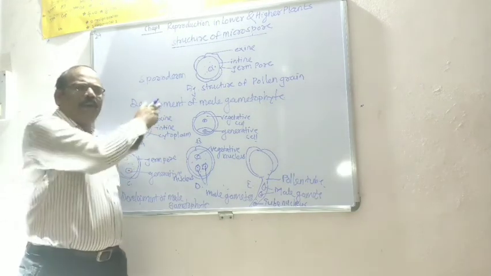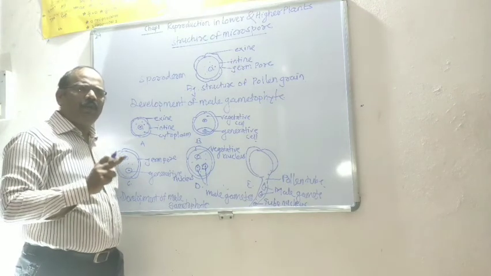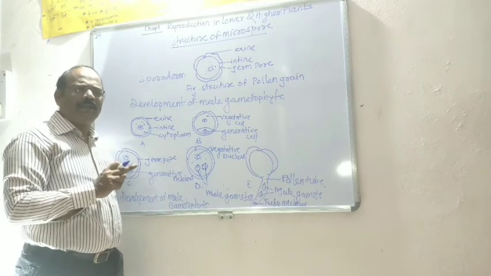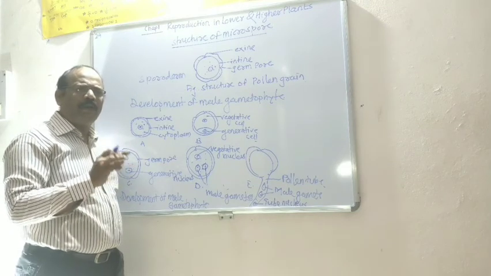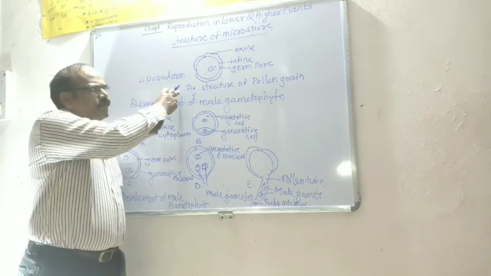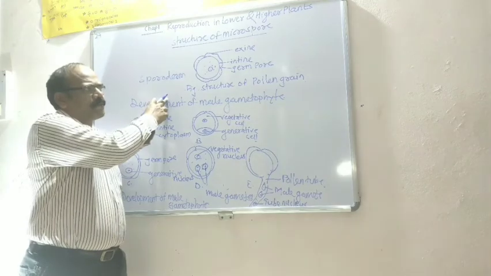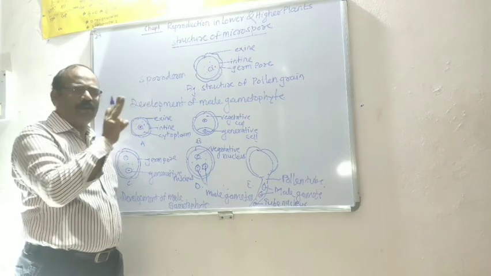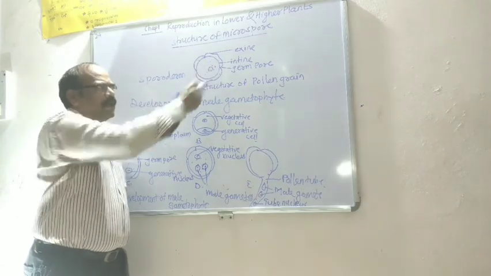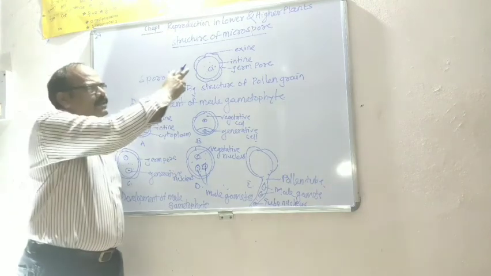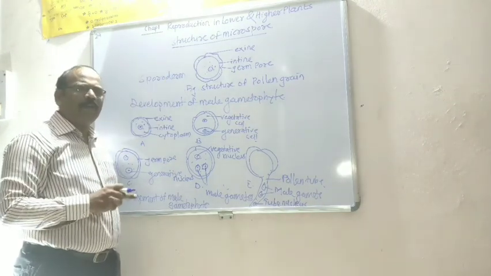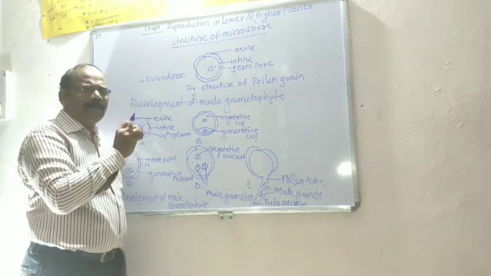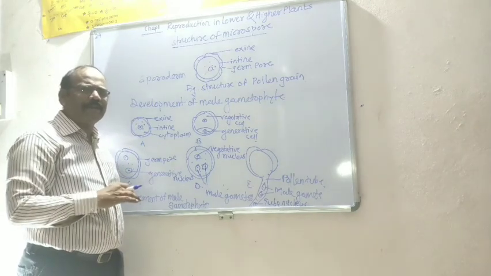Structure of pollen grain: the pollen grain is non-motile, unicellular, uninucleated and spherical in nature. It is surrounded by a double-walled layer called the sporoderm. The sporoderm consists of two layers: the outer wall layer is called the exine, and the inner wall layer is called the intine. The exine is the outermost protective covering, formed by a complex non-biodegradable substance called sporopollenin. It is resistant to chemicals.